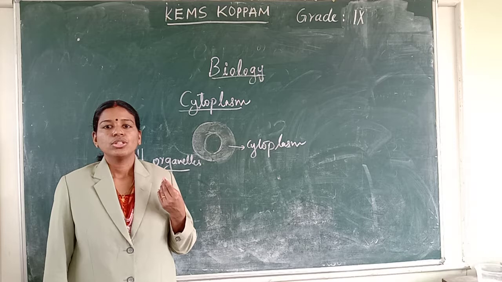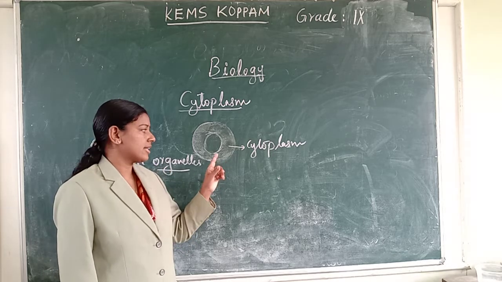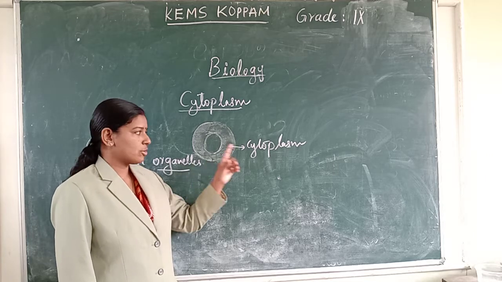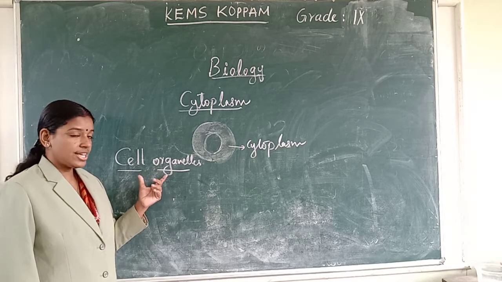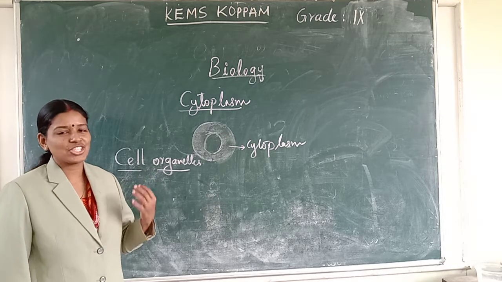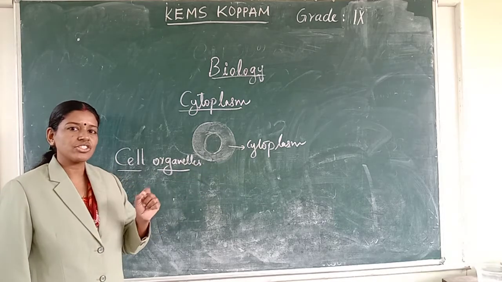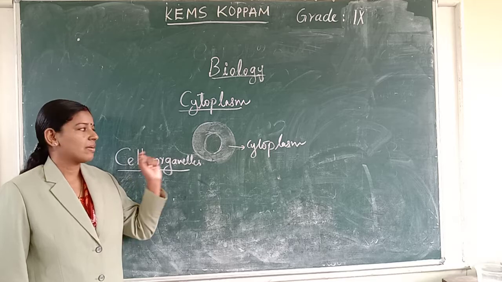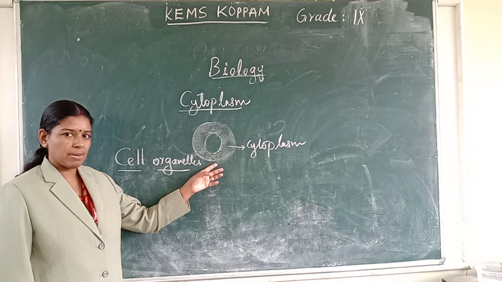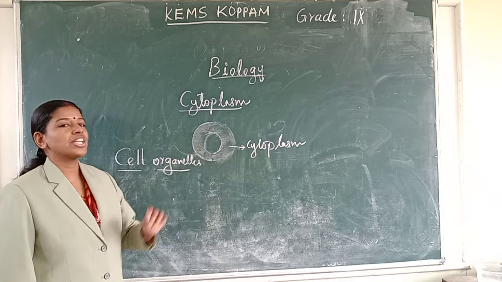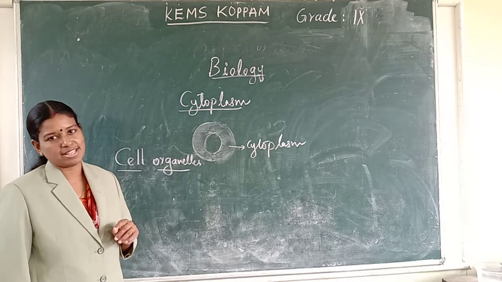Now that is about cytoplasm. The importance lies in the cell organelles. Cytoplasm is a fluid part which contains cell organelles. These cell organelles we are going to study in the rest of this chapter. After studying each cell organelle's functions, we can say that we have studied the complete cell. We studied first the plasma membrane, then the nucleus. Now we are going to study the cell organelles present in the fluid part called cytoplasm.